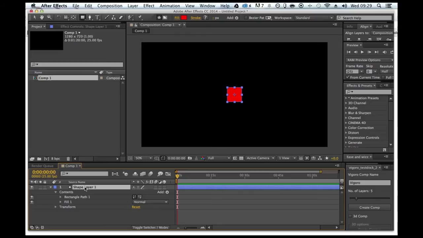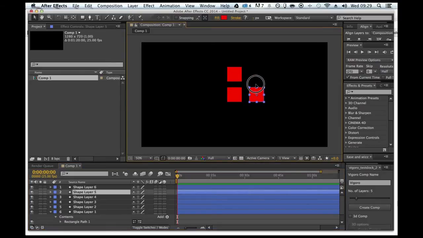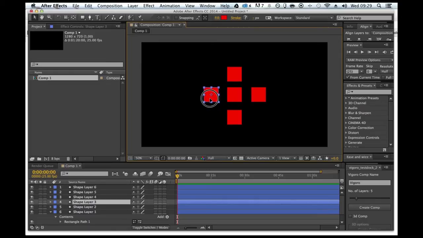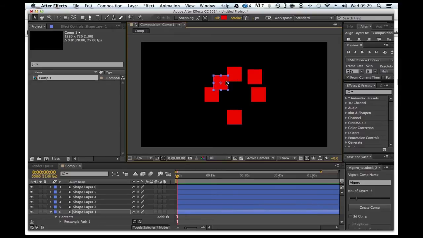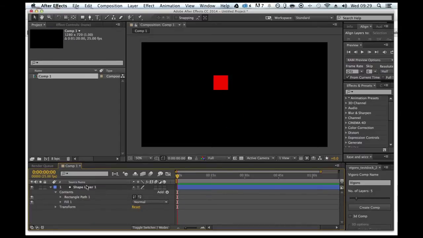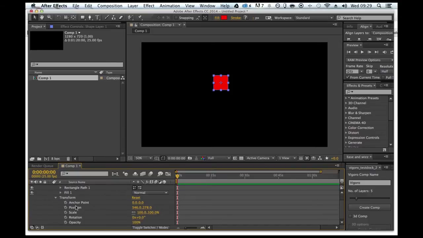If I have got a lot of these layers, let's make 6 of them, and I want to make them into a circle, it's kind of a pain, and you can see you can sort of drag them, and that's not worked at all. So there's a pretty cool way of doing this fairly quickly with expressions, and hopefully this will show you how to do that,